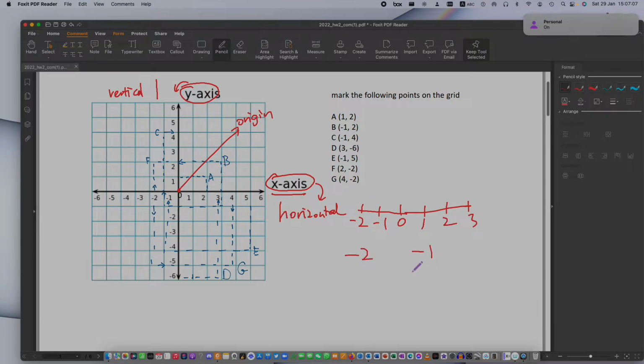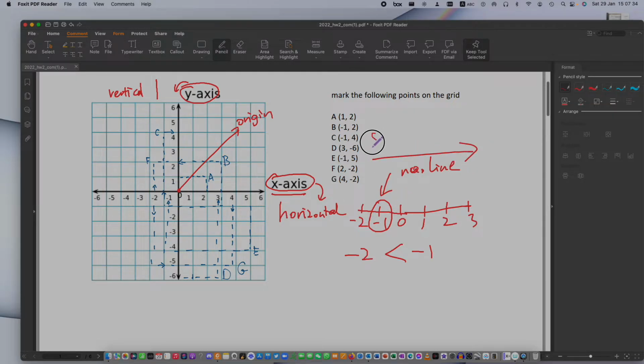I want you to realize one thing. -2 and -1, which one is bigger? -1. Negative 1 is bigger. How do you know -1 is bigger than -2? You look at the number line. -1 is on the right hand side of -2. This is called small to big. Therefore -1 is on the right hand side of -2, so -1